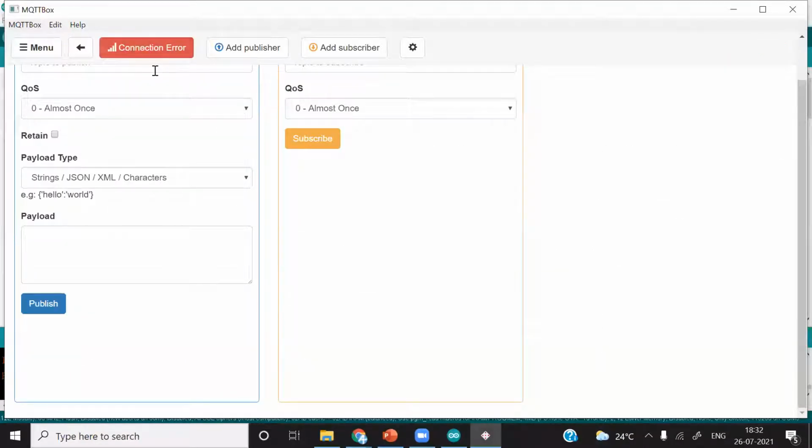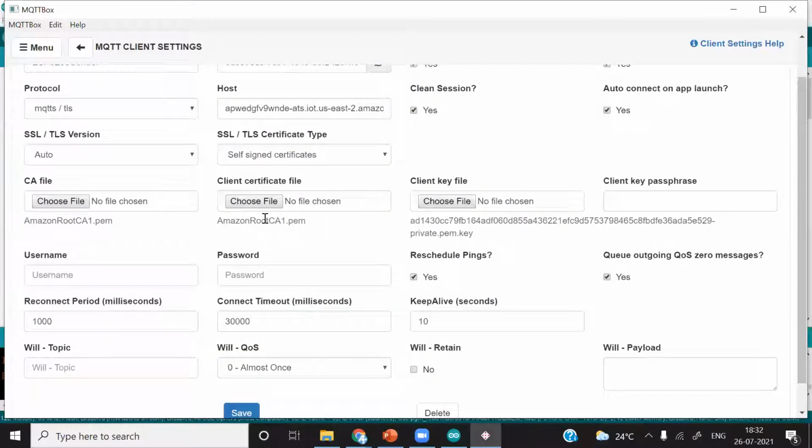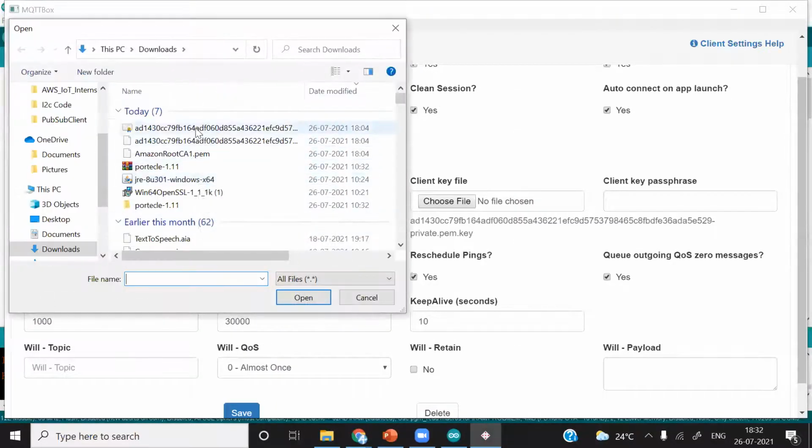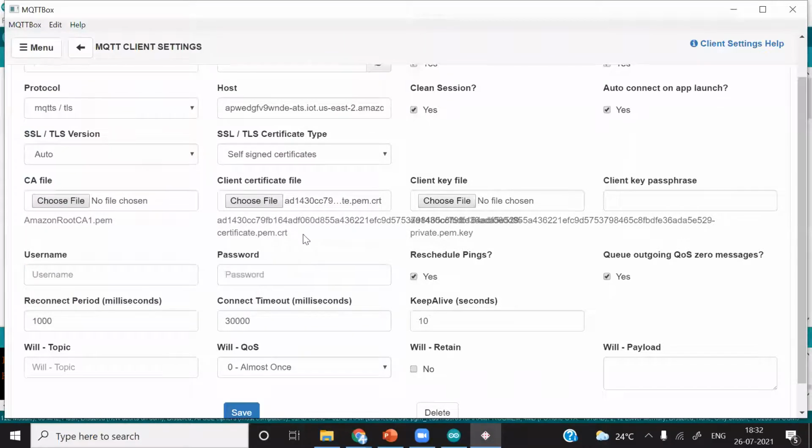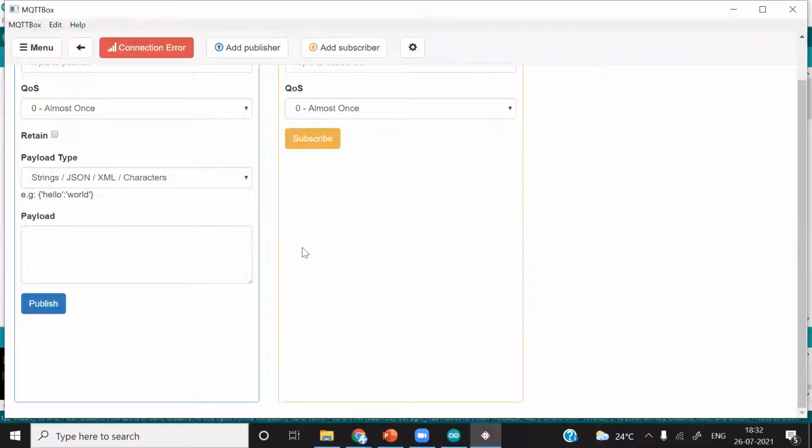You can see the connection here. So you must add the respective fields with the respective certificates. Okay, I have added this CA certificate over here. Now it is not working, you can see. So just simply add the client certificate over here and then click save. Now it will get connected. You can see that.